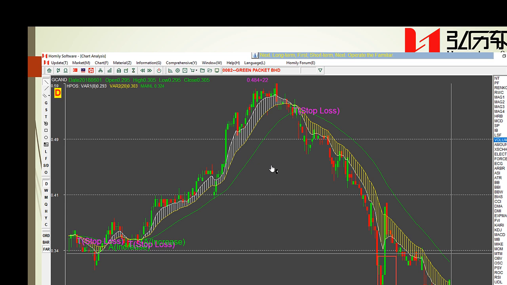After that, we can see the band is enlarged. So here we can hold it. Follow the trend to hold it. Here we should see it is very strange, right? Usually, by the principle of the sell point, here we should sell it, right? We should sell it,